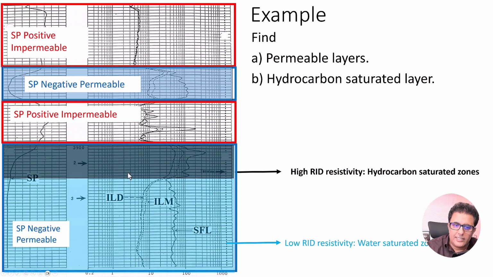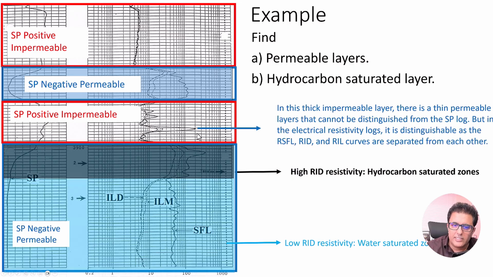And here it is interesting that if you look at this zone, let me highlight it here, you see these three curves are separated from each other, the three resistivities. It means that these three resistivities are not equal. RSFL is not equal to RIM, and that is not equal to RID. And I mentioned that happens only in